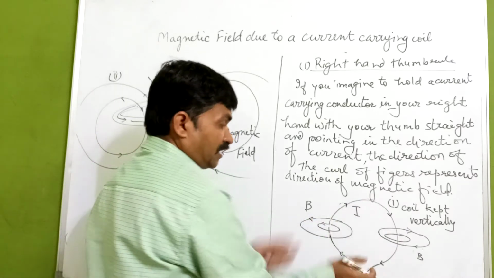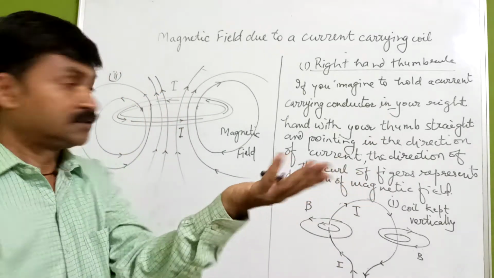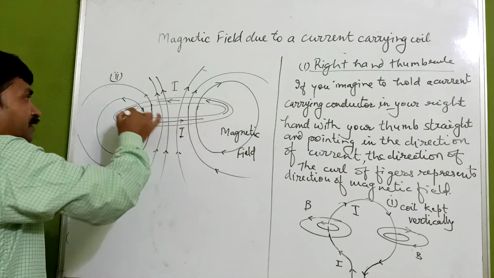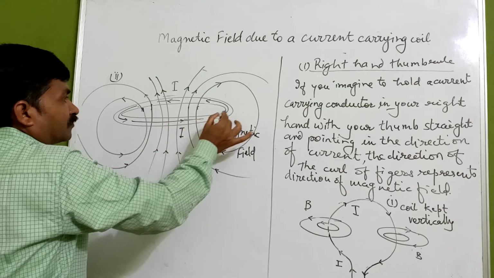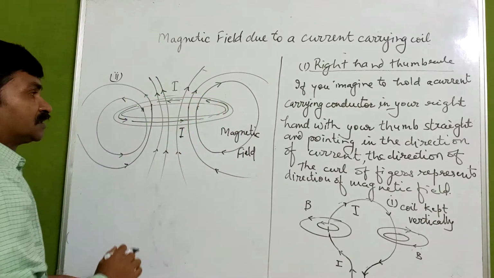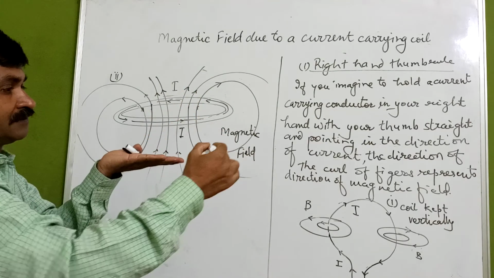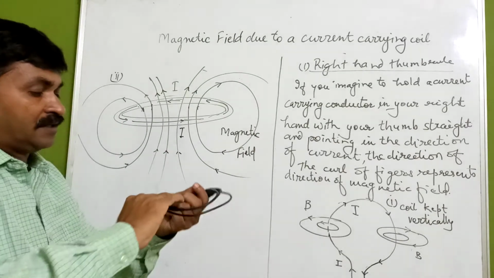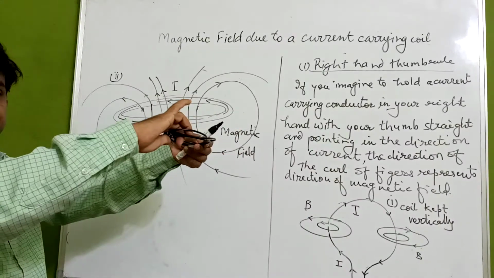Similarly, we have taken this coil horizontally. Now if you take this coil like a plate, the coil is like this, and the current is flowing in this direction, in the anti-clockwise direction. Now this coil is kept like this, which means the magnetic field will be like this. Here it is. Now, for an example, I am giving you an example: this is the coil which is kept here, kept like this.